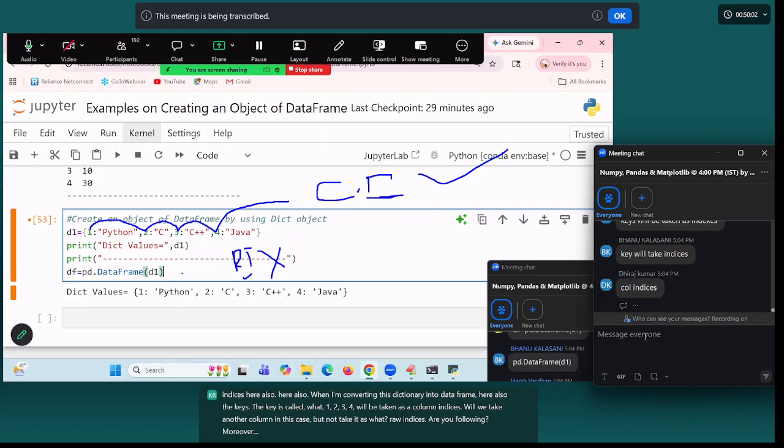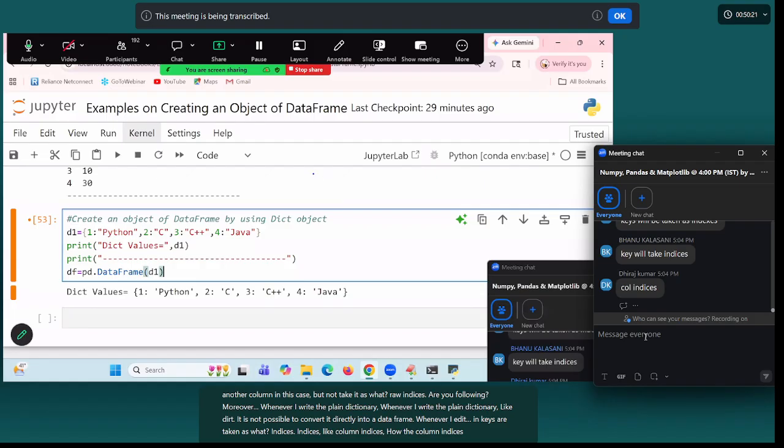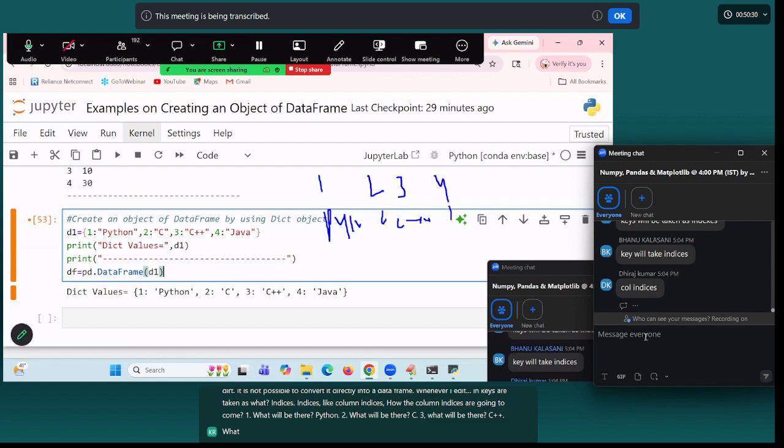Moreover, whenever I write a plain dictionary like that, it is not possible to convert directly into a data frame. The keys are taken as indices, like column indices. How are the column indices going to come? 1 is Python, 2 is C, 3 is C++, and the next, 4, is Java. It is not going to take it as a zero, students. Remember,